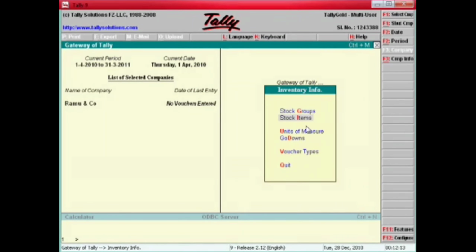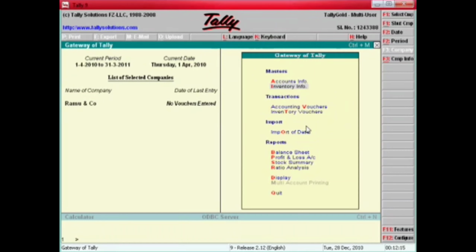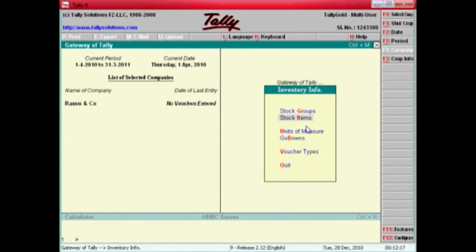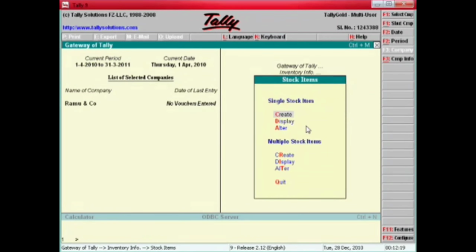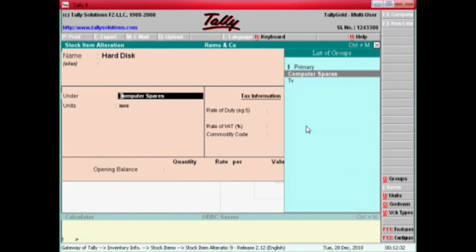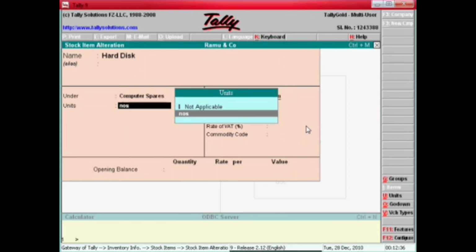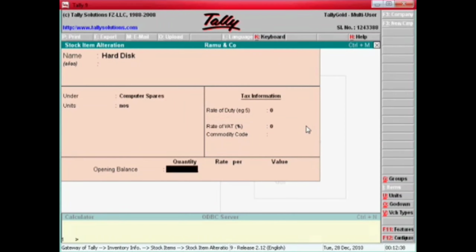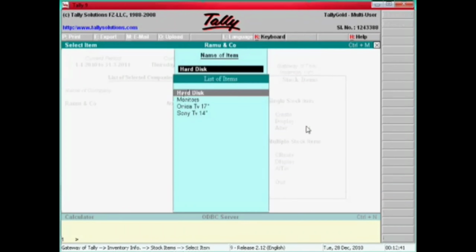Now items. Inventory info, stock items. Here you have to create. Already I have created. See, hard disk under computer spares. It's a computer spare, yes. Here numbers. That's all.